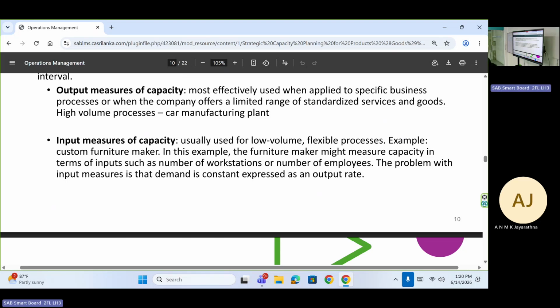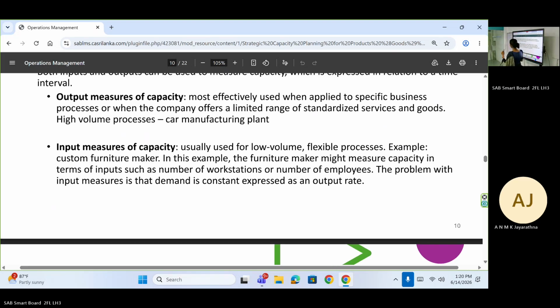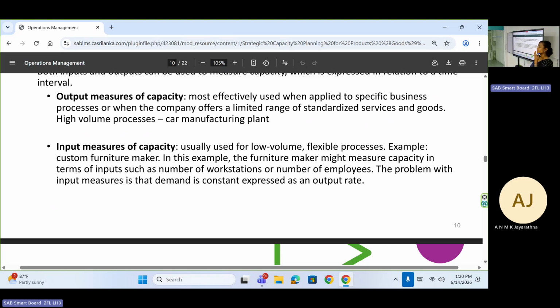Then write down the second one, output measures of capacity. This capacity measurement option is more appropriate for organizations like